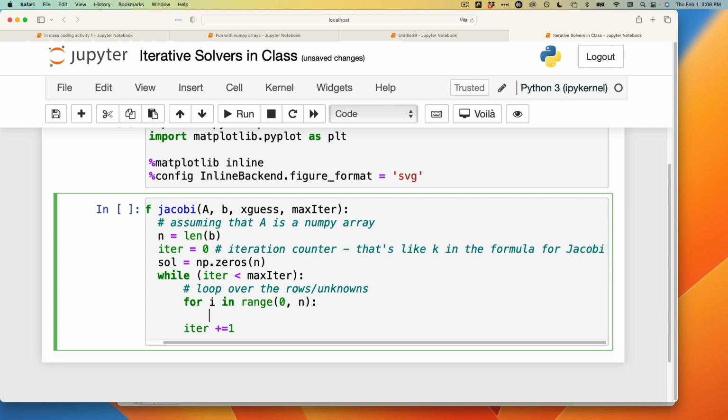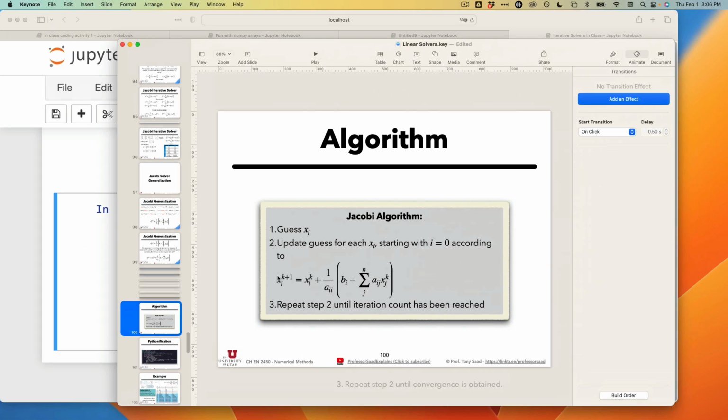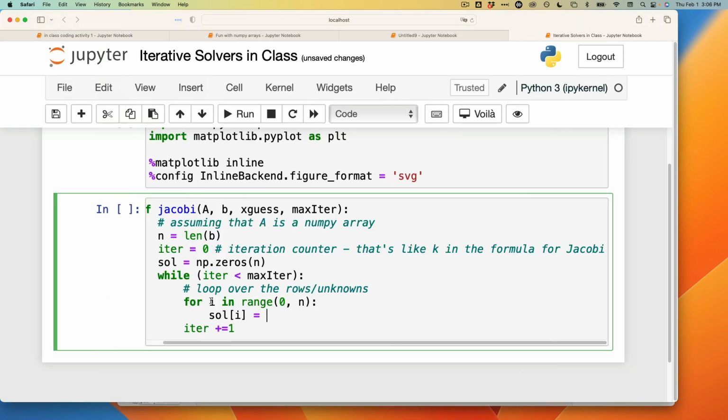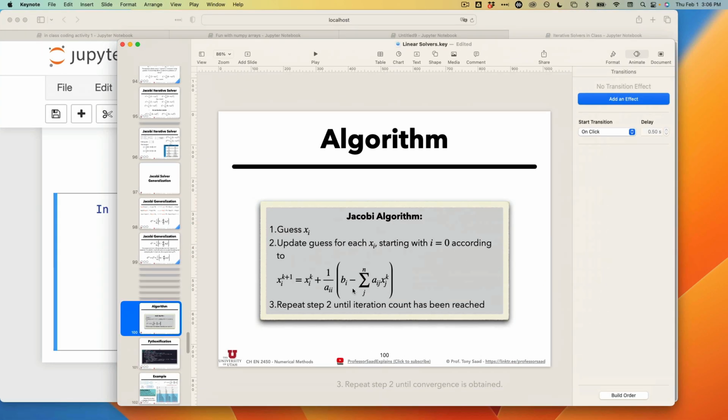And then simply, what I have to say is my solution at i, so the variable i, the ith variable, the new value is equal to the old value, which is x guess at i, plus 1.0 over A_ii. So for a two-dimensional NumPy array, remember this is how you index an entry in the array. Like A_ii. You're just trying to be faithful to the formula over here. So that's 1 over A_ii times